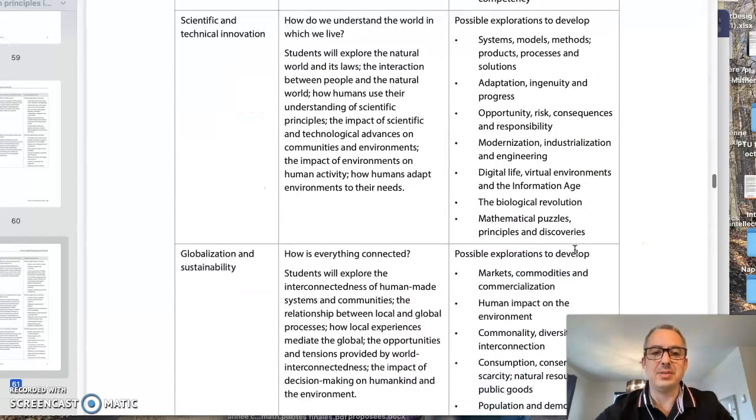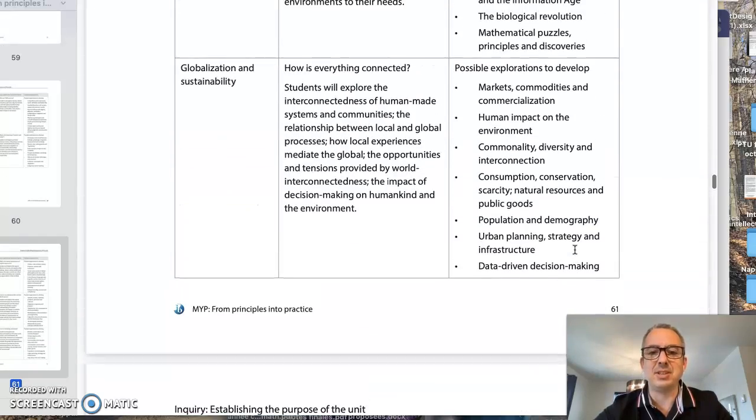So for instance, if I go to globalization and sustainability, I could choose the human impact on the environment and consider it through mathematics. I often use that global context, for markets, commercialization, also perhaps working with geography to study the evolution of demography and population, also to take decisions using data, which is often used in statistics.